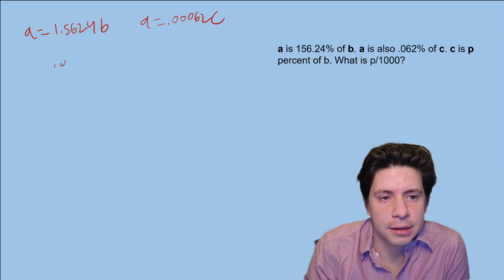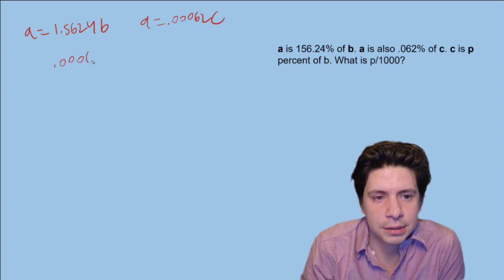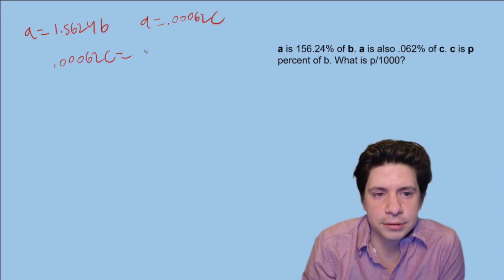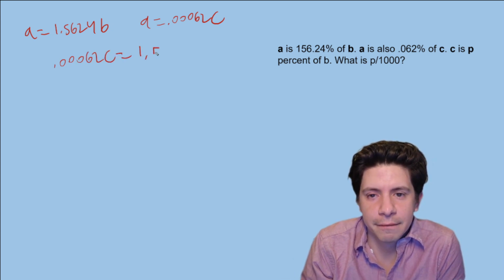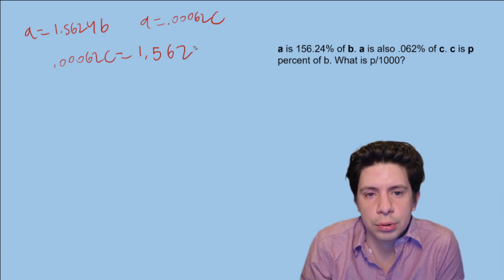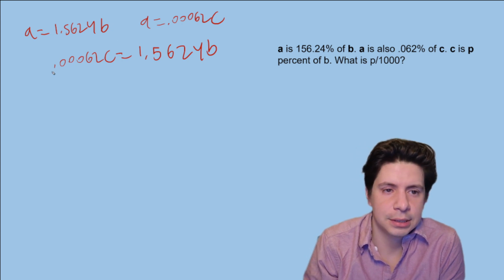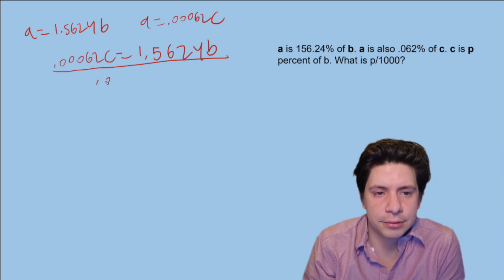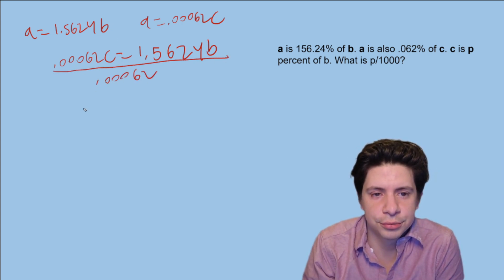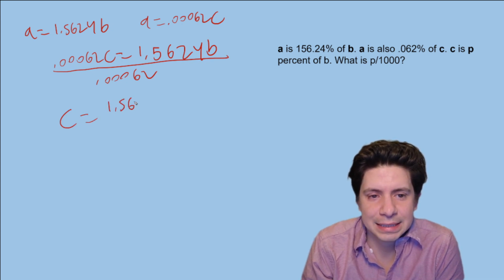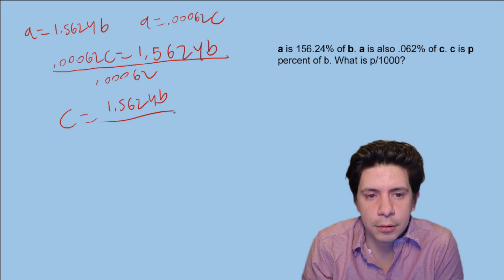So we're going to get 0.00062C equals 1.5624B. So then let's divide both sides by 0.00062. So C equals 1.5624B over